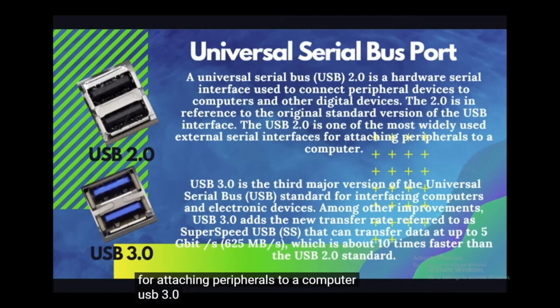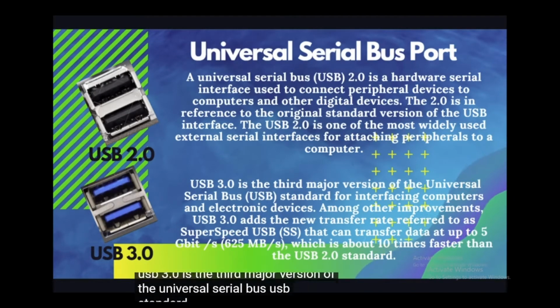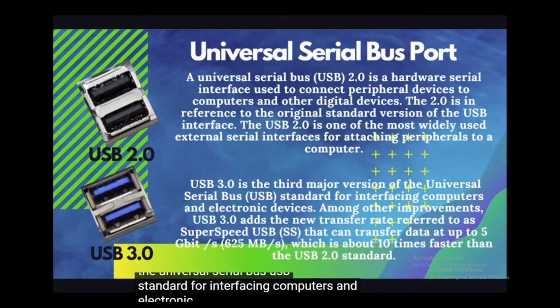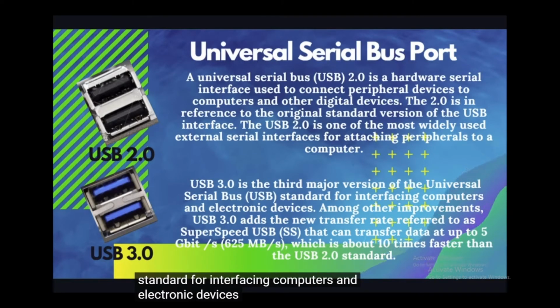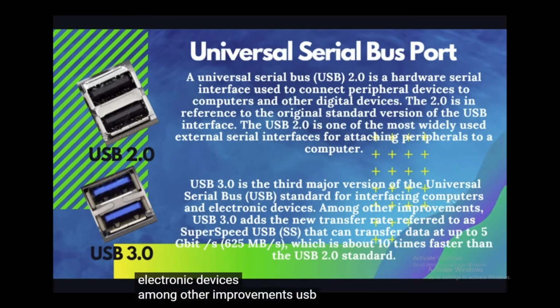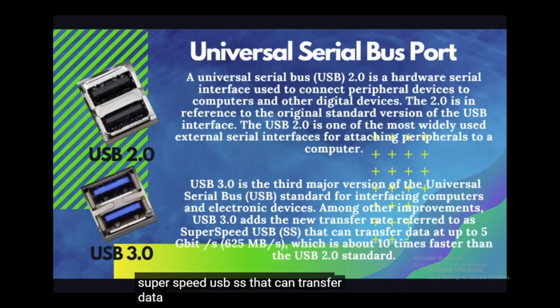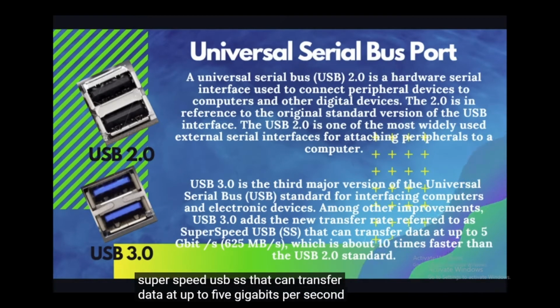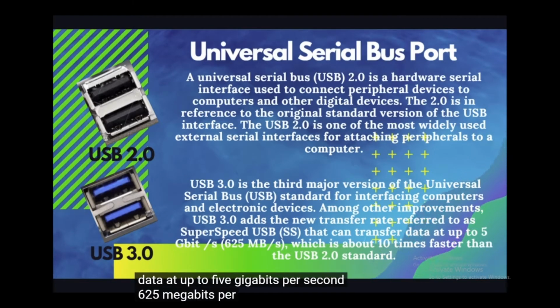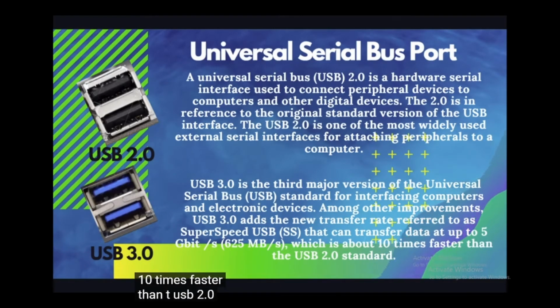USB 3.0 is the third major version of the Universal Serial Bus, USB, standard for interfacing computers and electronic devices. Among other improvements, USB 3.0 adds the new transfer rate referred to as SuperSpeed USB, SS, that can transfer data at up to 5 gigabits per second, 625 megabytes per second, which is about 10 times faster than the USB 2.0